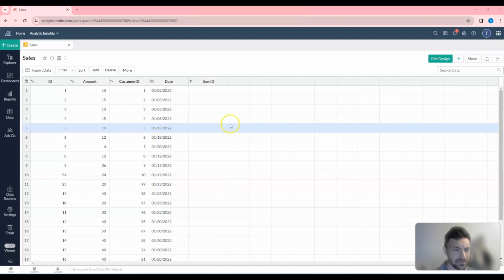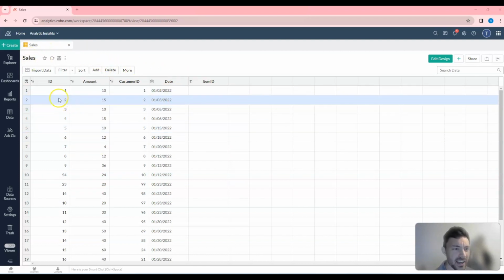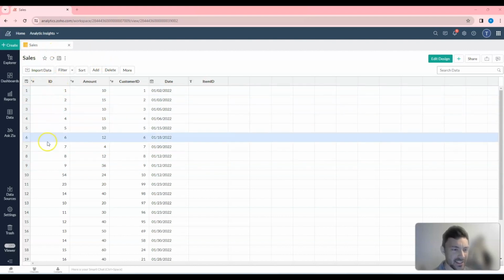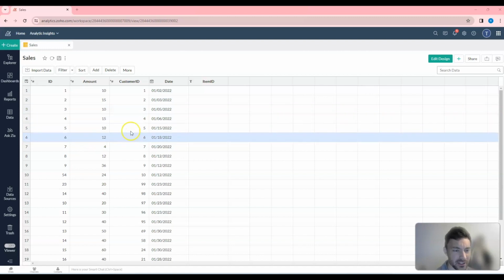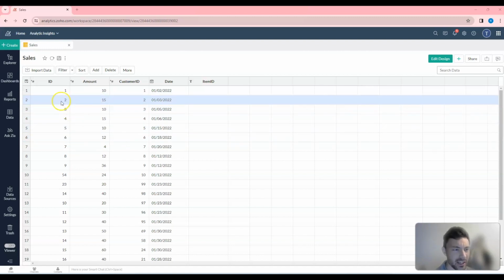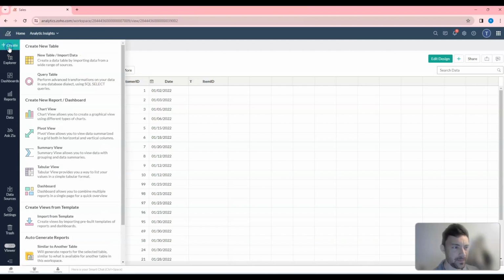So here I have a sales table. You can see it has just an ID, the sale ID, the dollar amount, a customer ID that purchased whatever that item was, the date it was purchased, and then this looks like an empty extra column here. So in order to create our first pivot view, we're going to come up here to the Create button,